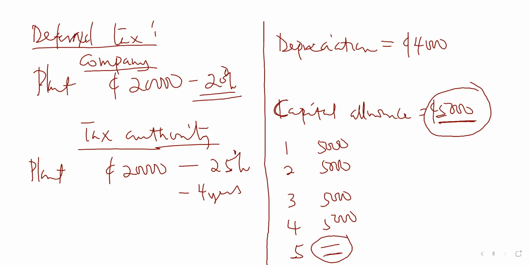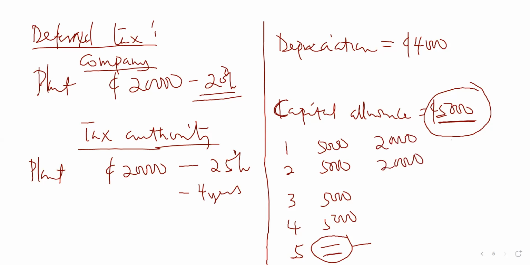What is causing that higher tax? The company is going to pay a higher tax in the 5th year than any of the years. What is causing that particular higher tax? It is the earlier capital allowance that has been given to the company in the early years. It is the higher capital allowance that has been given to the company in the early years that is giving the higher tax liability. So if the company is making a profit of 20,000 every year,